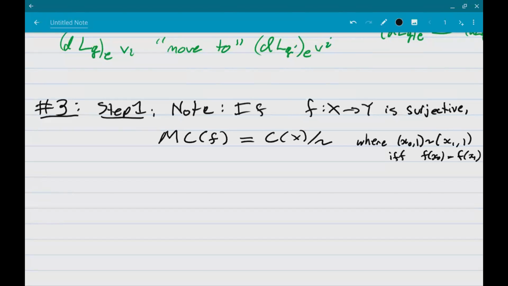So that's the first step, to simplify what the mapping cone of f looks like for surjective functions. And since all of these quotient maps that we're dealing with in the problem are surjective, this is an easier version of the mapping cone to use. So then in step 2,